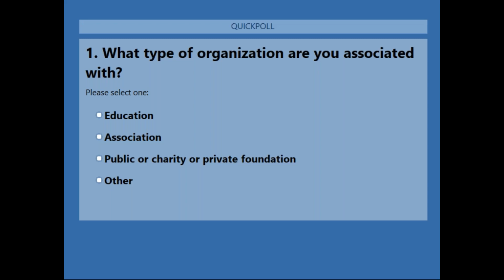All right, so it looks like we've got a lot of education and a handful of public charity or private foundation, which I probably would have expected, and I'm assuming most of you either have a June 30th or a 9/30 fiscal year end.